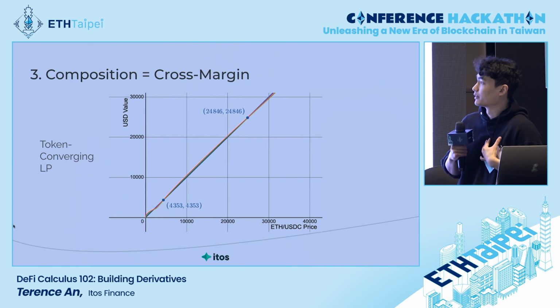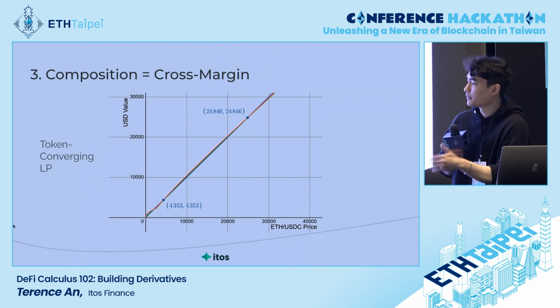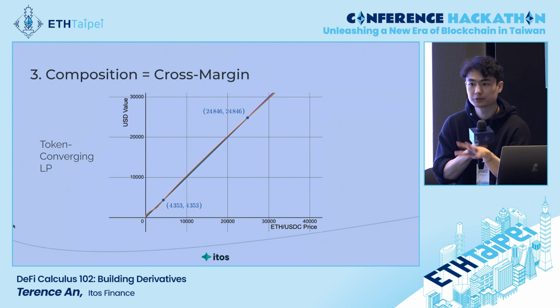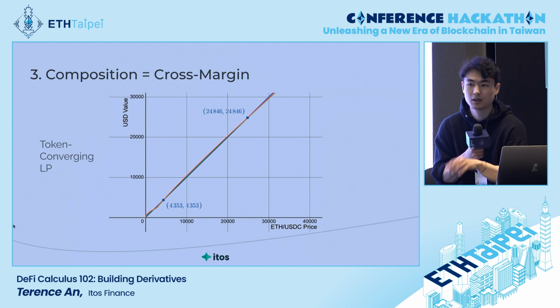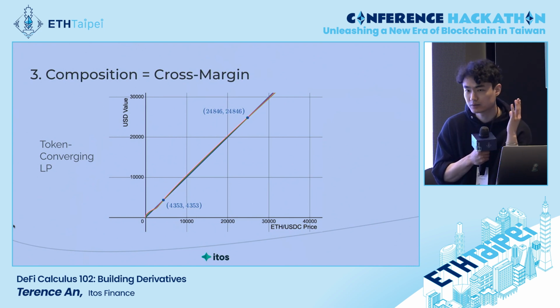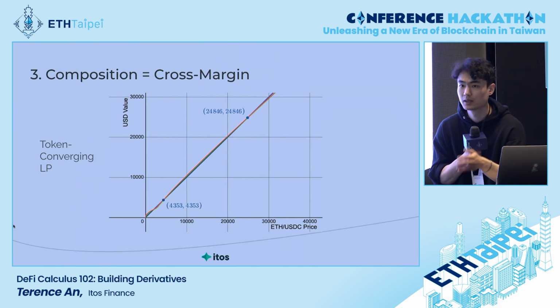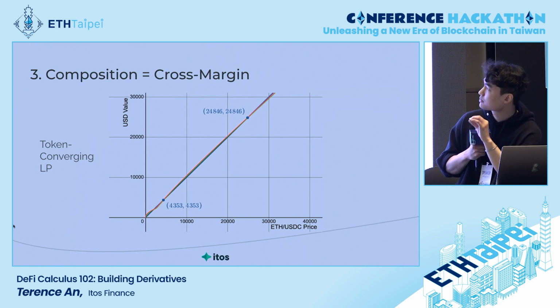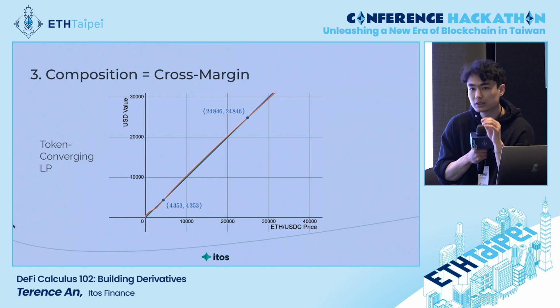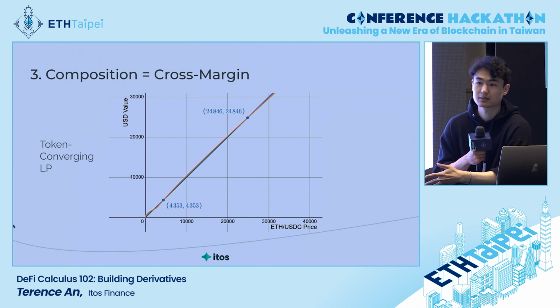My personal favorite, though, is actually this one, which is the token converging LP. This construction makes it so that in the short term, if you're just worried about the price right now and you want to earn yield right now, you can. It sells curvature at the current price. But if you don't worry about the token going up 1.5x or 1.7x, you're holding until that token goes to 2x to 10x. The liquidity taking is structured in a way such that you reconverge back to the token's line if it ever 2x's to 10x's.